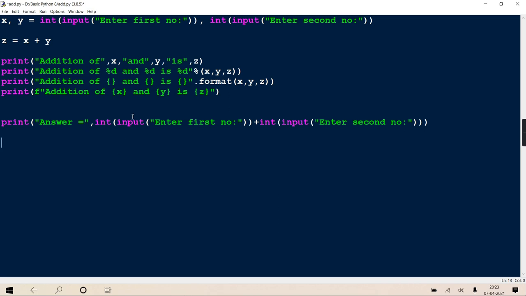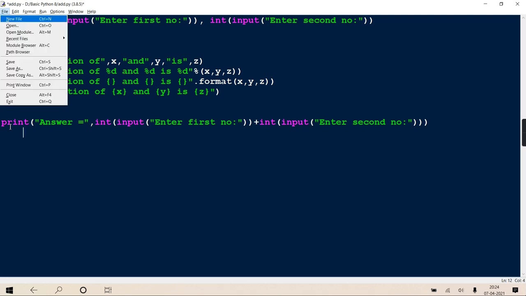Getting? So is this first input going to run? Yes. Then that value will be converted to integer. That integer is a temporary value. Then again the second input will work. Then that value is converted to integer. Then the addition will take place. And then that addition is used in this print. Is also possible.